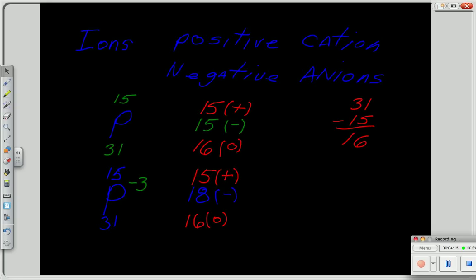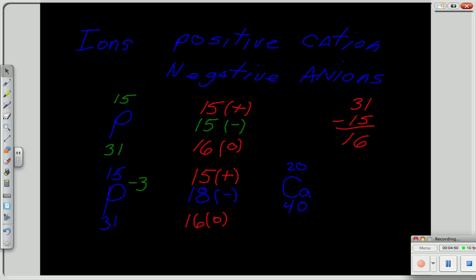And that is an ion of phosphorus. This phosphorus has gained 3 electrons. The electrons are the only movable subatomic particle that can be gained or lost. So that's how you figure that out. Now, I could go the other way. I could be talking something like calcium, okay? And calcium has an atomic number of 20 and a mass number of about 40,